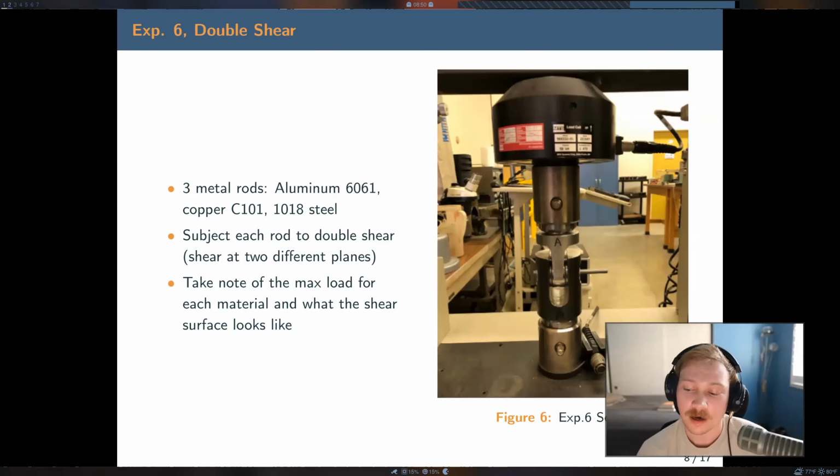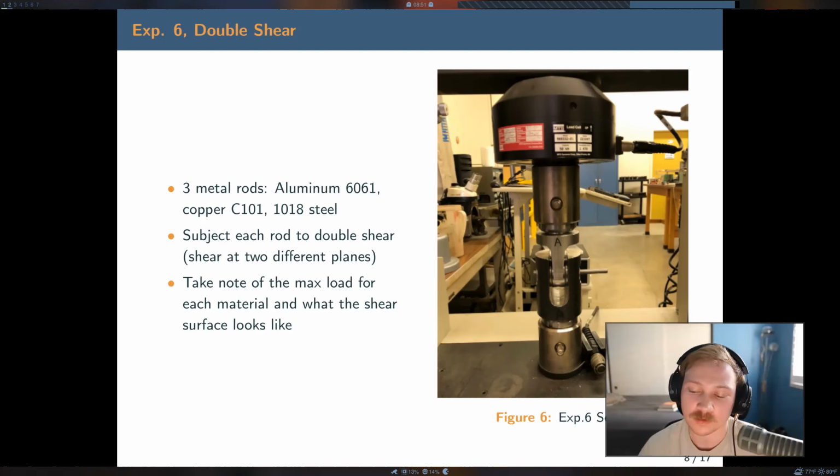Alright, and then the very last experiment, probably 2 weeks or so before our final for this class, is the double shear experiment. You'll notice that for a lot of these experiments, we're using the same machine. We have different fixtures that we attach to it. You don't have to attach those, the lab technician does. A lot of it is set up pretty well for us, but of course we have to do some setup ourselves. For this experiment, we have 3 different materials: aluminum 6061,